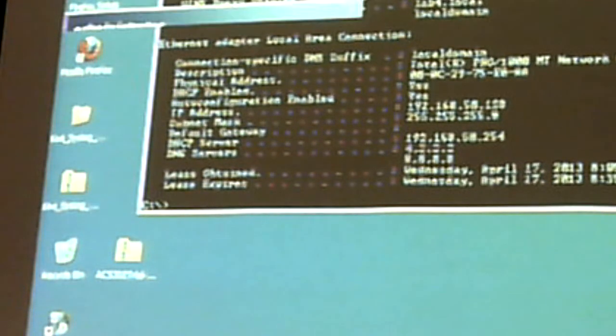So what I can do is I can set up a static route in the server. And there's a couple different ways you can do this. The easiest way to do it is via command line. Or actually the easiest way to do it is to go to